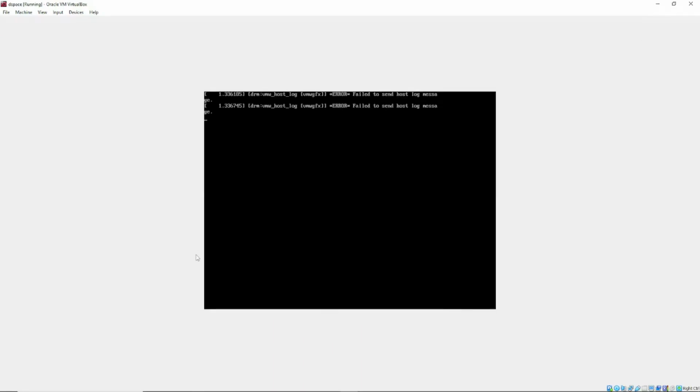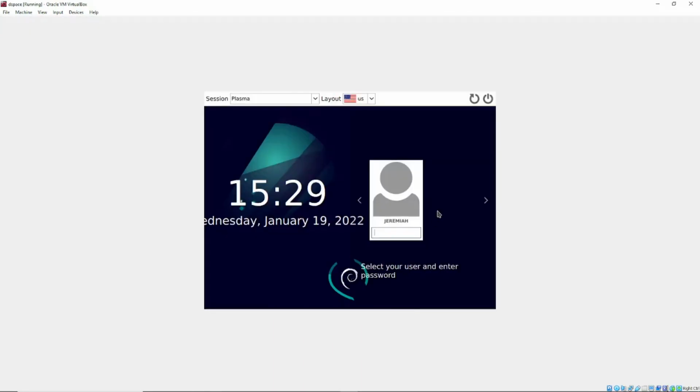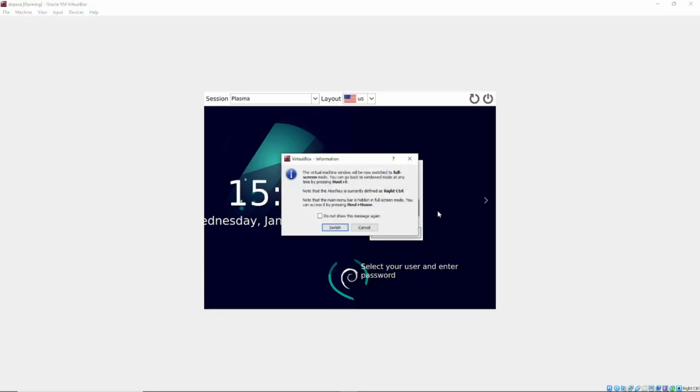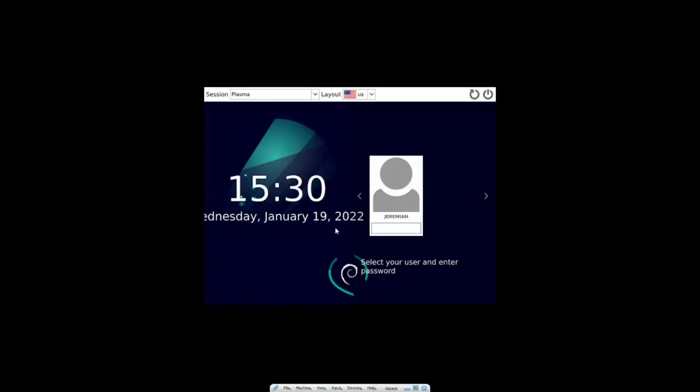Okay, so our system is loading. Okay, so I believe at this point you can actually go into full screen mode. And what you need to do is there is a control button. If you're using your English layout keyboard, there's a control button on the right, kind of towards the bottom right of your keyboard. You want to press that along with the F key on your keyboard, just the letter F. And that will give you this screen here. And it's just warning us that it's about to go into full screen mode. And if you hit switch,